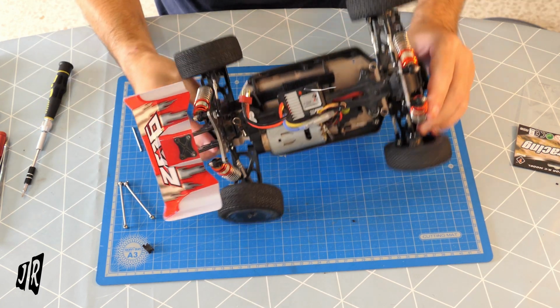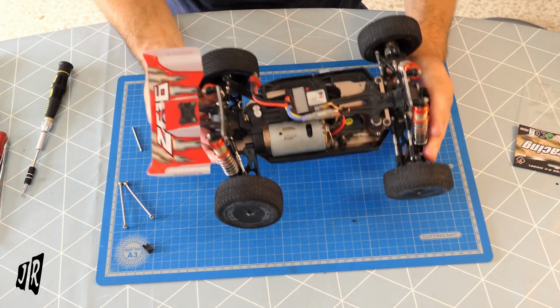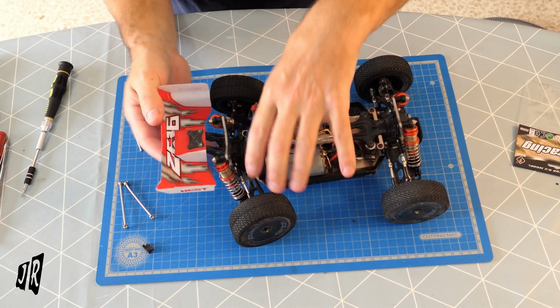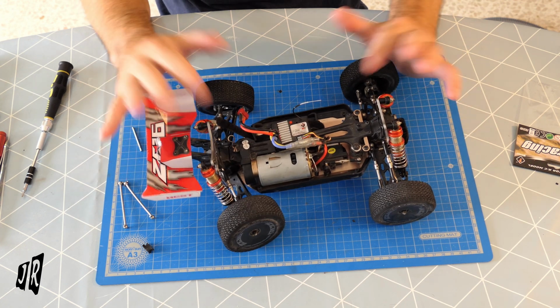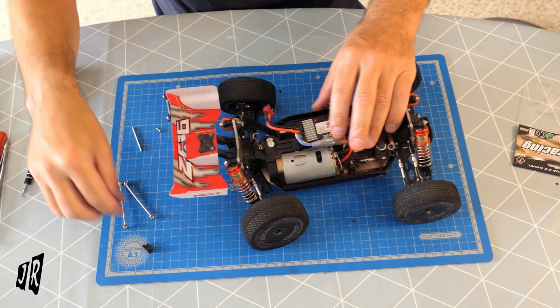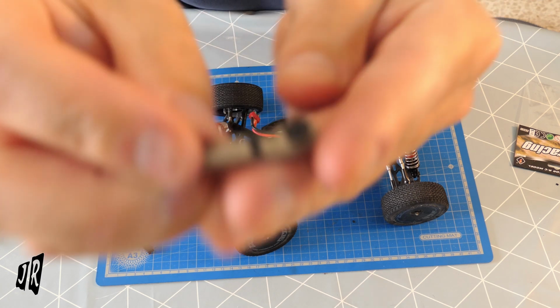The only problem that I have is, unlike the last time where I just undid what I could, turned it over and put the new screw in, I need to get it all apart now, because the screw that came out, if you see,